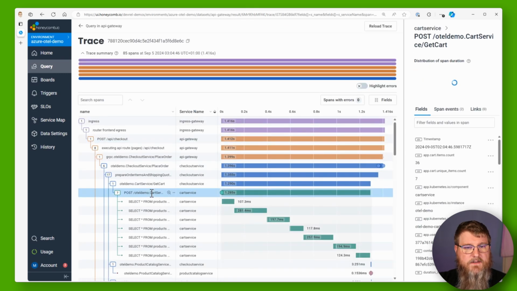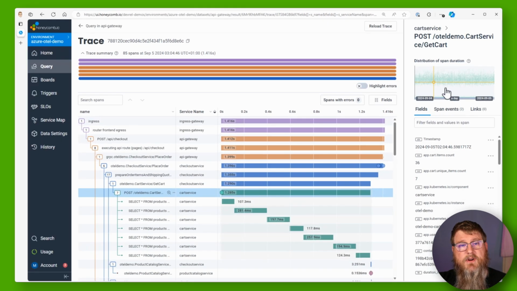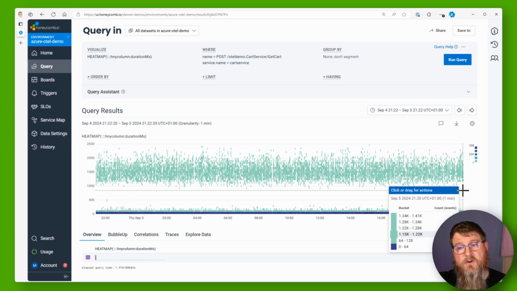Now if we click on an individual span, in the top right hand corner you can see that we've got another heat map. Now if we click through on that, we're going to be able to go into another query, another heat map, and this time I'm going to use bubble up. Now bubble up can be used from our SLOs, but it can also be used from any one of our charts.